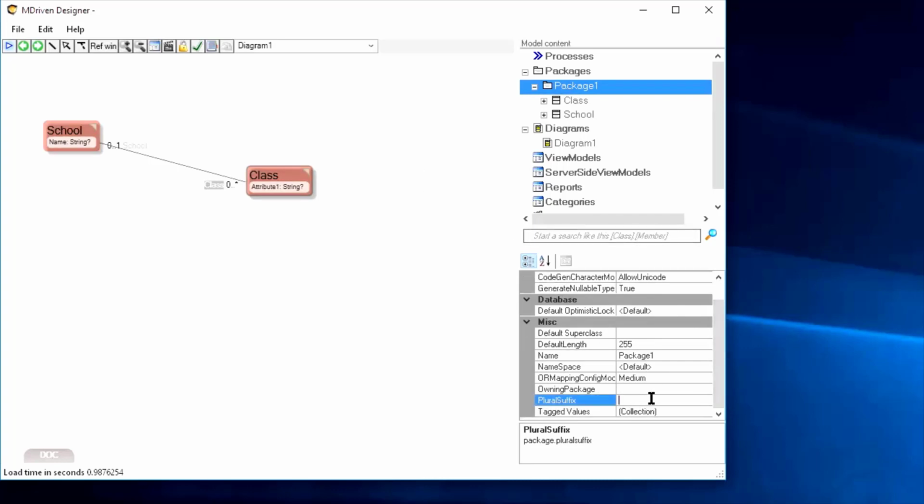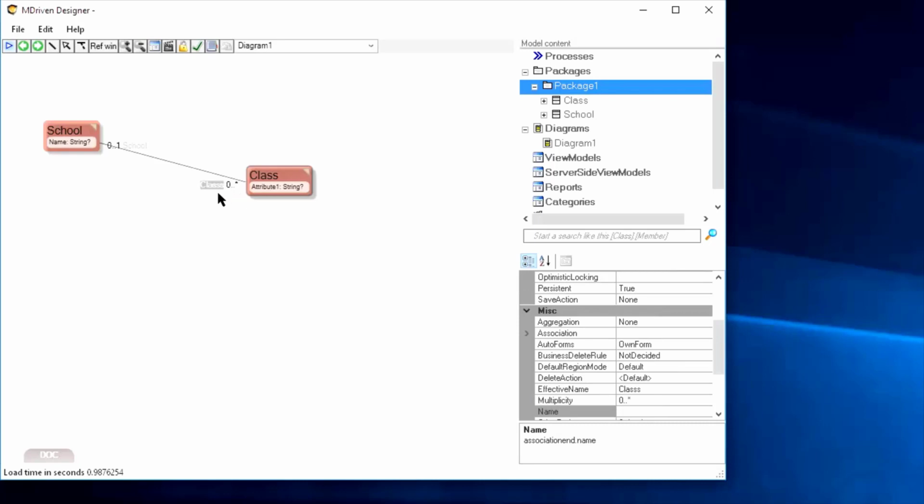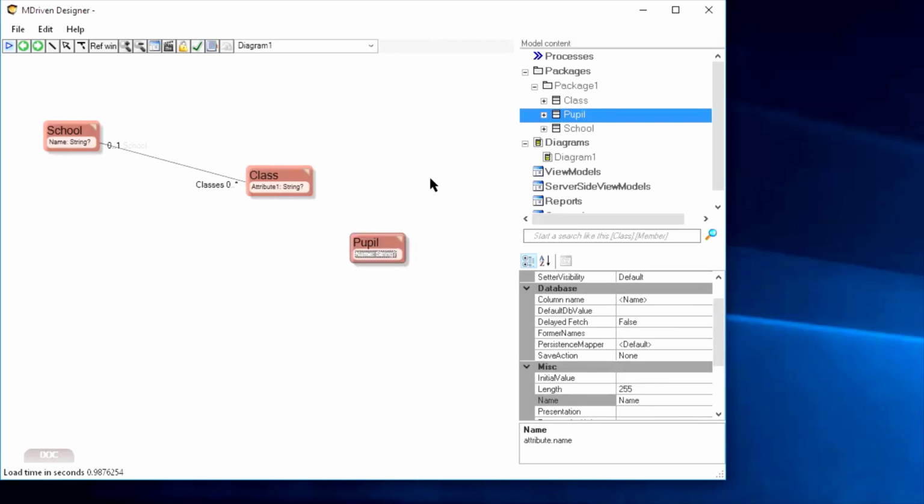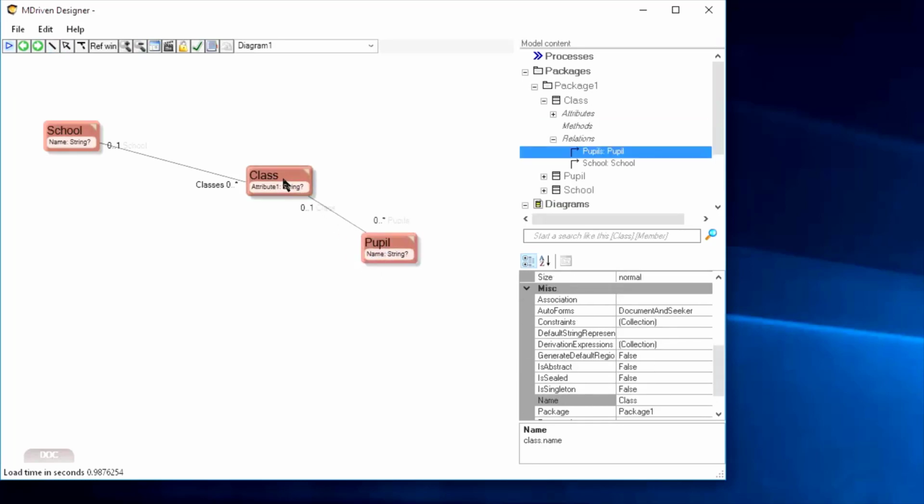and I will set the plural suffix to s on the package, so that I get the default extra s on all multi-links, but maybe that isn't good enough anyway, so I'm gonna set the manual name on that one. And in a class there will be pupils, right? And they will have a name. And like that. So that's the hierarchy of information,